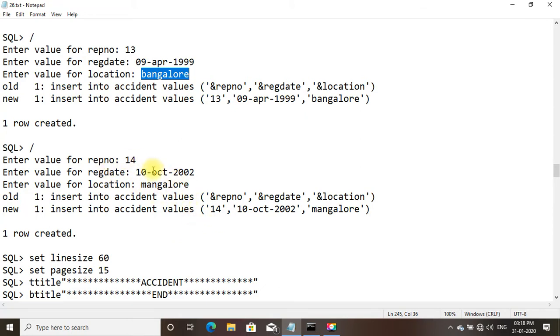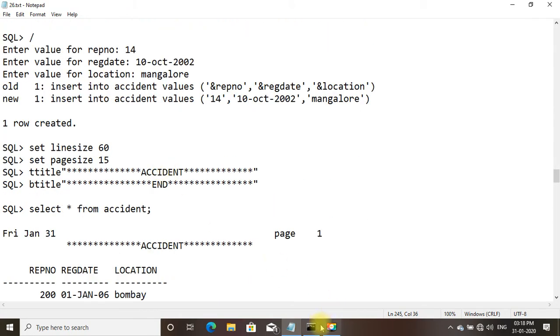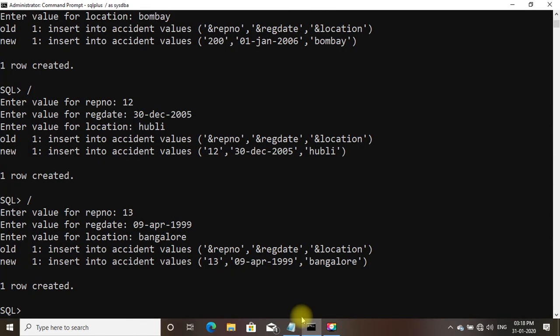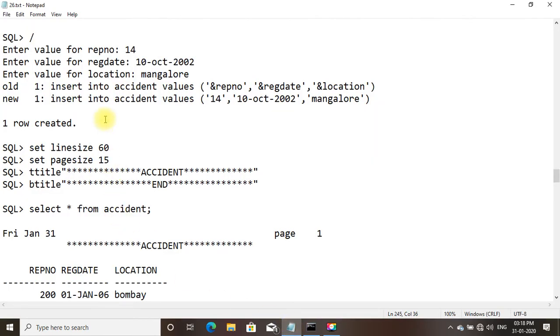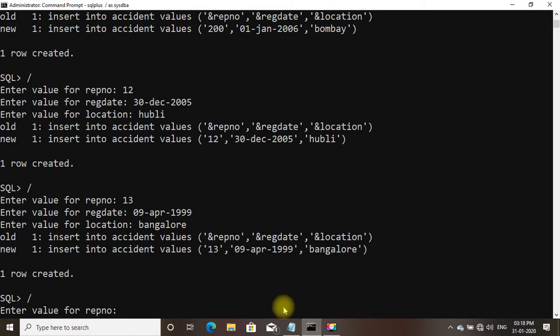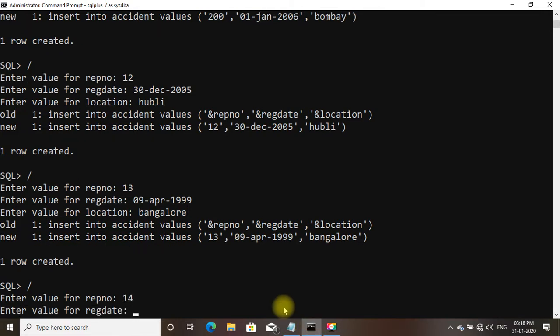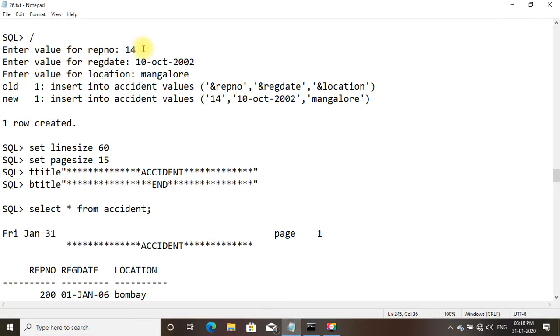We need to insert one more record. Enter the value for report number. Report number is 14. Enter the registration date 10 October 2002.